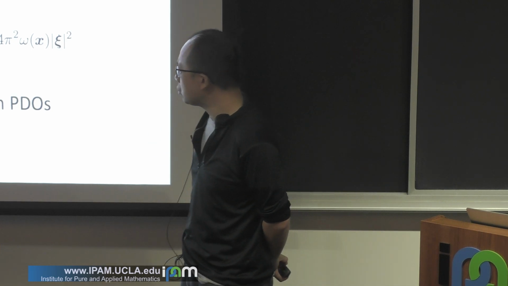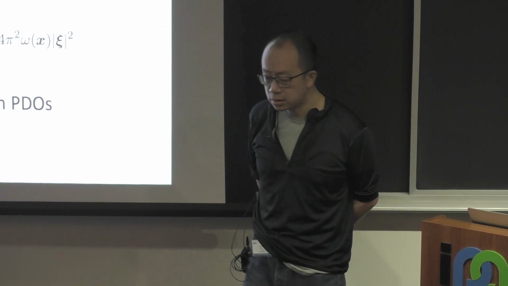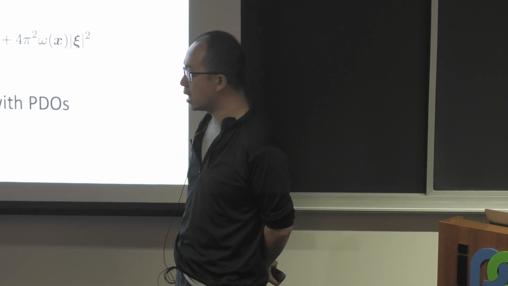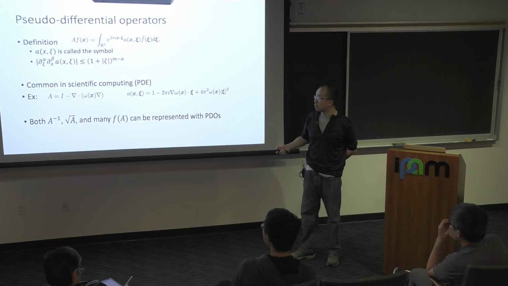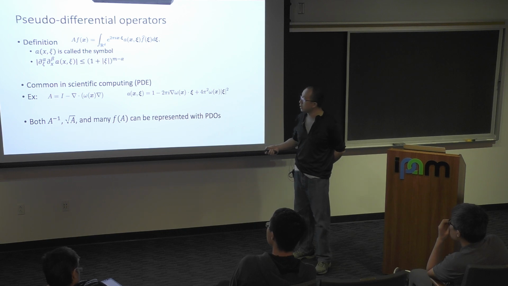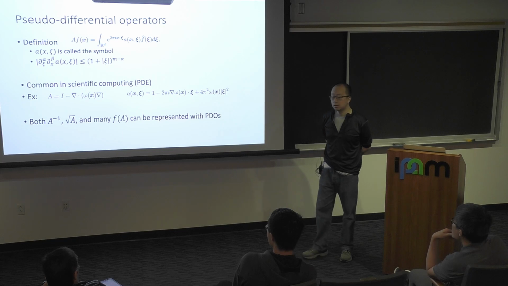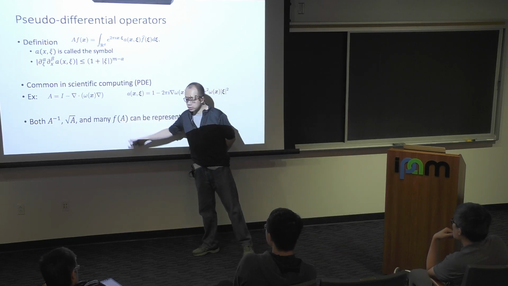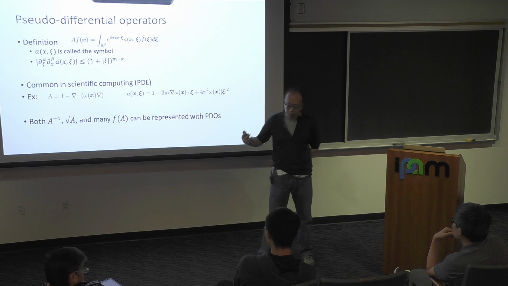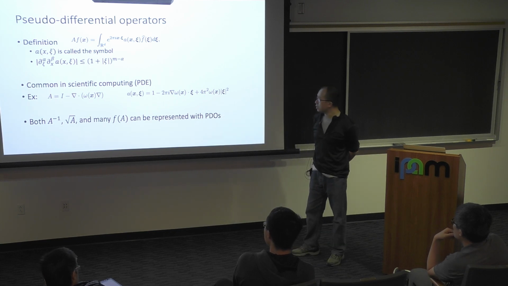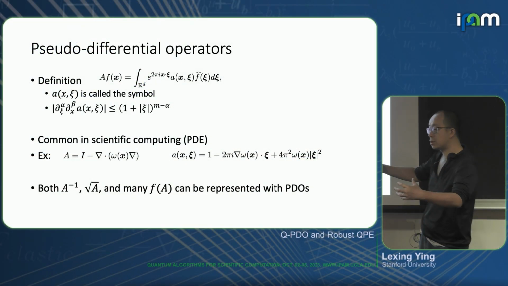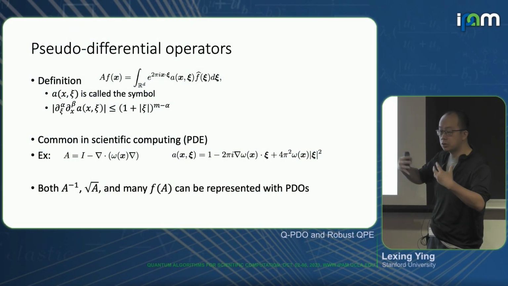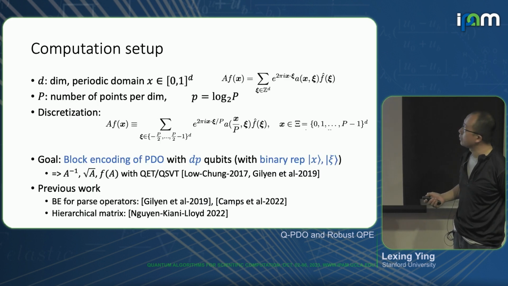Now, why are pseudo-differential operators good? The reason is that in some sense it's a closed class. For example, if you take things like the inverse of positive definite pseudo-differential operators, or take the square root, and many other smooth functions f applied to the operator. If this is the operator, you apply a function to it by using eigenexpansion, for example, and the result is also an operator. So all these operators, in many cases, can be represented by pseudo-differential operators as well. So in some sense, this is a closed class. If you apply certain operations, you stay in this class. That's why it's very powerful.